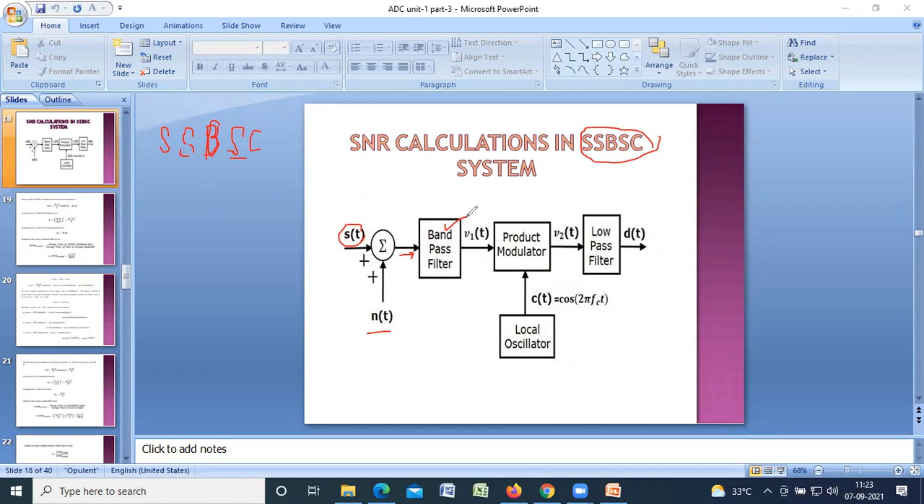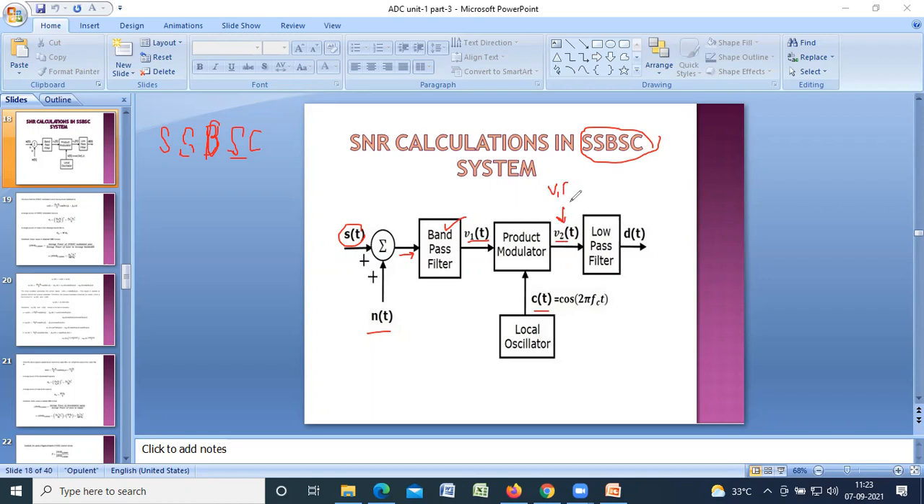It will let the required frequencies go ahead. The required frequency spectrum, the band, it will pass. Rest all will reject. And this V1T is the input of product modulator. V1T is one input of the product modulator. Second is generated from the local oscillator, that is C of T is equal to cos 2 pi FC T. Then the output of product modulator is V2T, that is equal to